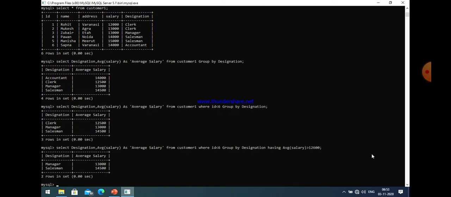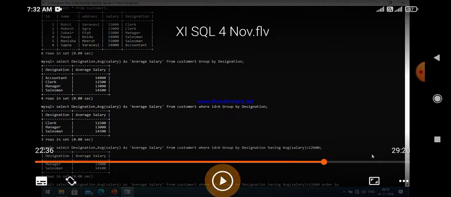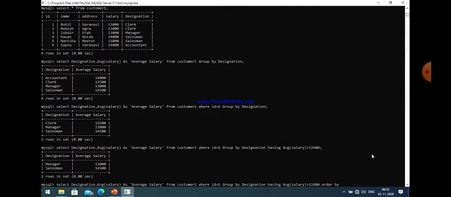Now the last thing regarding the group by clause: if we want to put the data in ascending or descending order, then we can use the order by clause, and the order by clause is used at last. It means just after the having clause. If a condition is there, then we use the having clause, and if there is no condition related to the group, then we cannot use the having clause, and we use the order by clause just after the group by clause.